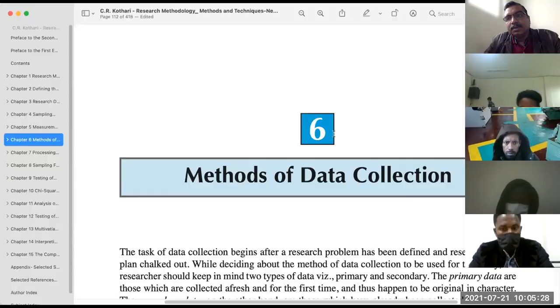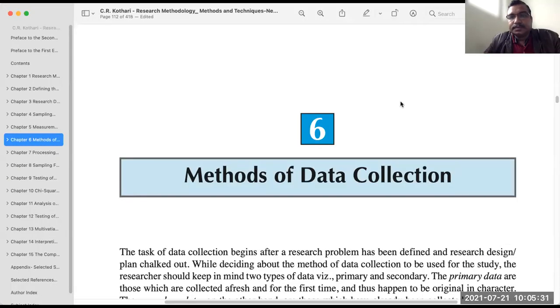I didn't prepare any slides for the data collection method, so I'm going to follow the book itself. And I hope that you already got that book, Research Methodology by C.R. Kothari. So briefly, we are going to discuss what are the different methods and tools available for data collection. Okay. So let us start with some methods of data collection. You know that